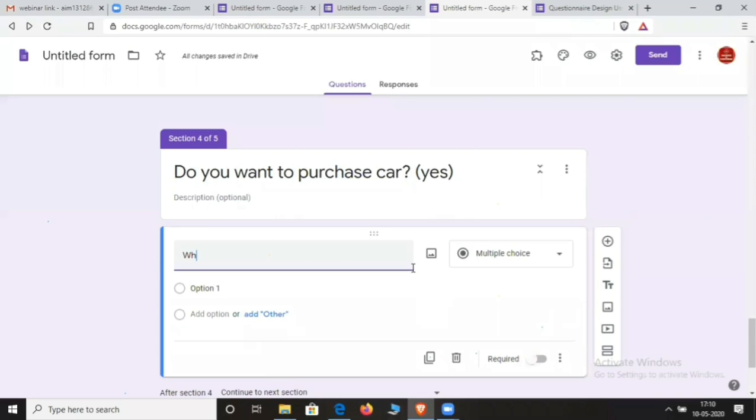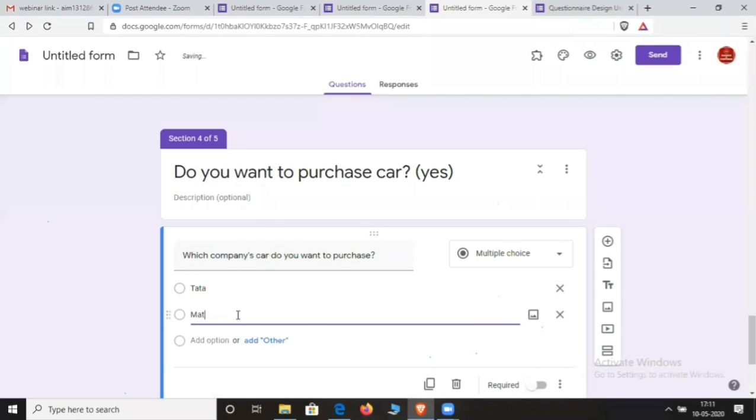Which company car do you want to purchase? Now again you can give the options Tata, Maruti, and so on.